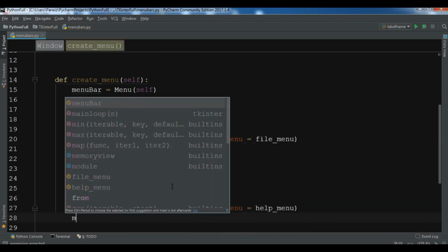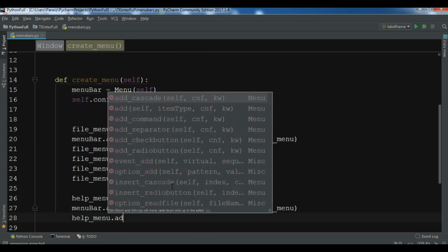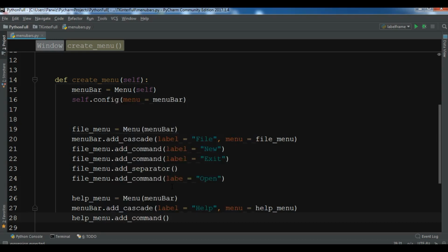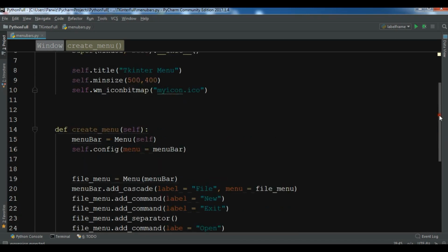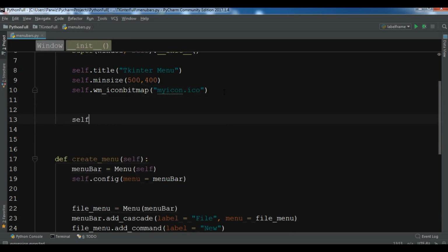So after this, now let me just add a help menu, and I want to add just an about item in this. So label, and I call it about. So now we have created this, and now let me just call this menu in here. Let me call this method, so create menu,